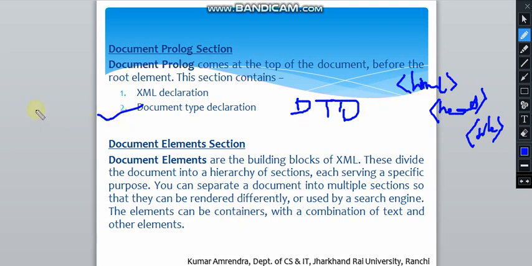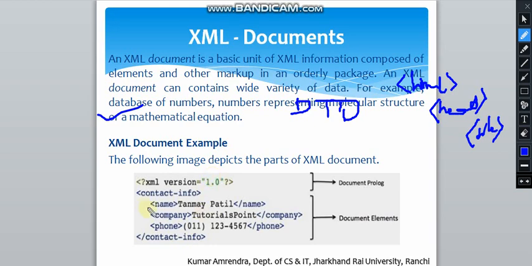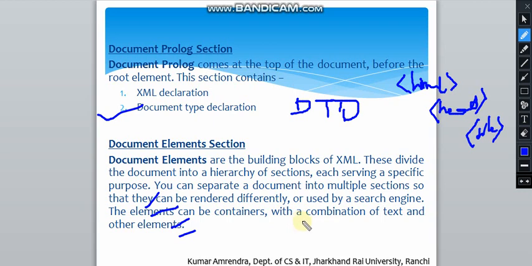The elements which we have seen in the last slide can be containers with a combination of text and other elements. Other elements include special symbols, numerical data, molecular structures and mathematical operations. Everything in the elements is considered to be a container.